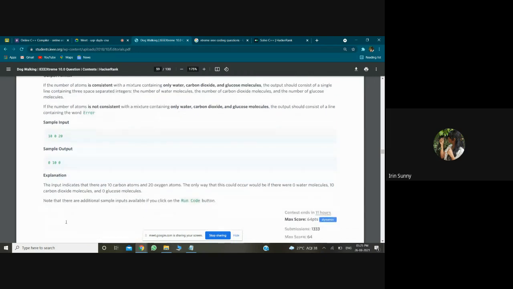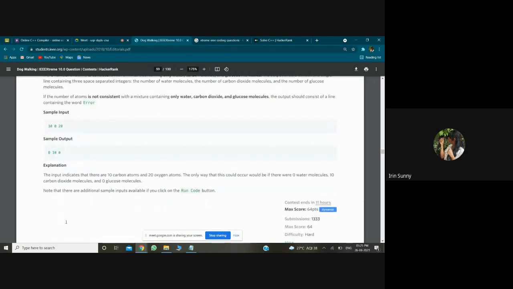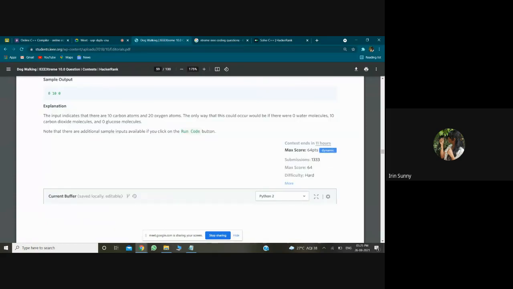So this is how the program is going to come, how you have to assess the input and assess the output. Almost all programs are going to have an explanation with them. Almost all programs will have a maximum score of 100 points, and there will be almost 10 test cases.